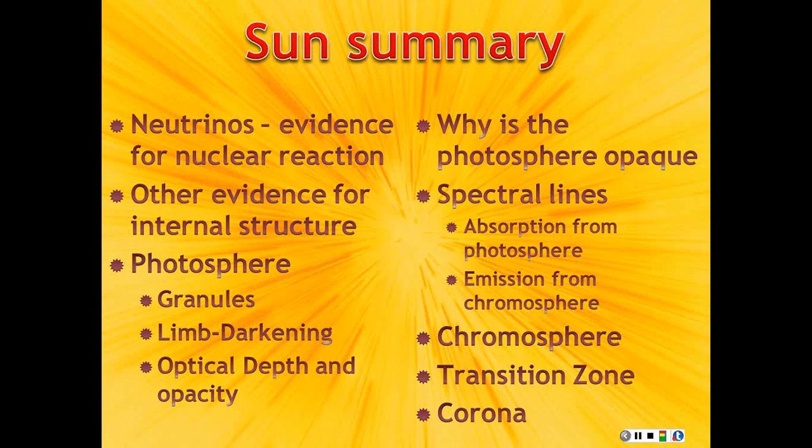So here's kind of a summary of the Sun. We've got evidence that you have nuclear reactions. We have other evidence for the internal structure from things like granulation. So you've got the granules. We talked about optical depth in terms of having limb darkening. And then we also have why the photosphere is opaque, what gives rise to its optical depth, where different spectral lines come from. We have absorption and emission lines, and then the structure of the